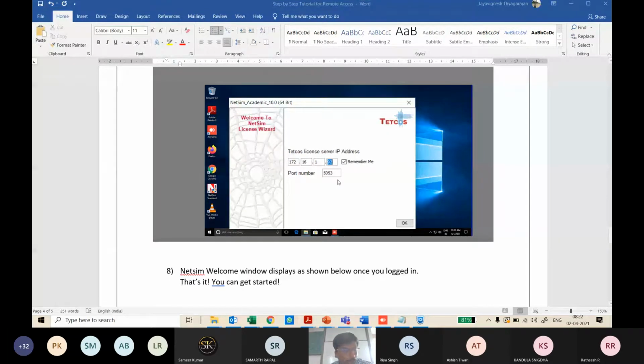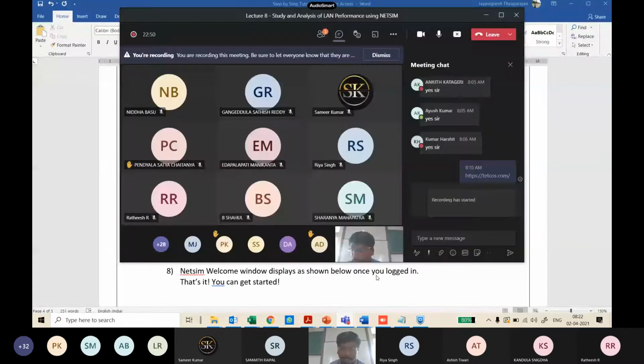What is this? This is your license server IP in your VIT network. Our license server is running in that, so we are trying to connect to it and get the license, pulling one of the licenses. As a client, when you're connecting to the license server, you get one license. Remaining 59 are there. It keeps track of how many clients have connected. If more than 60 connect, that's the limit. The 61st will not get the connection. This is how it works.